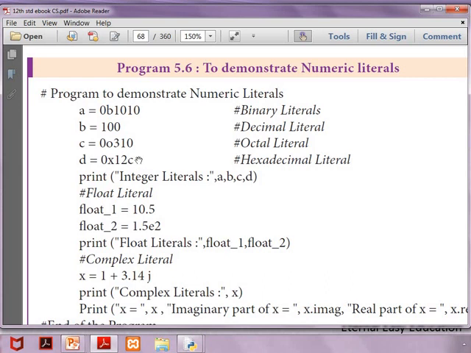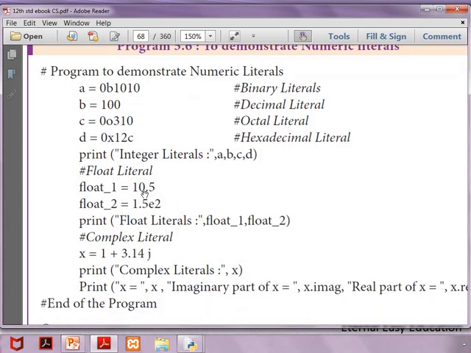Most probably in your syllabus you will not use these types of numbers, but it is used in library files while creating an OS using Python, or while creating a system file using Python. So these concepts are important, but it is not elaborated in your syllabus. Just you know that in Python you can store a value like binary, decimal, octal, hexadecimal with some special difference in it. This is allowed in Python.